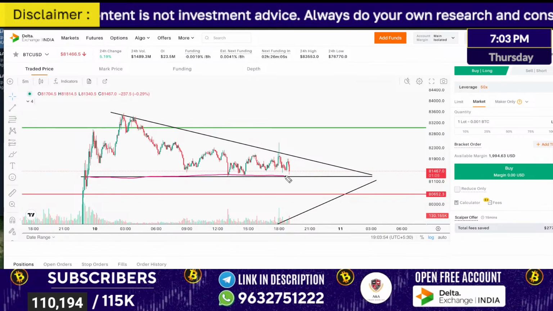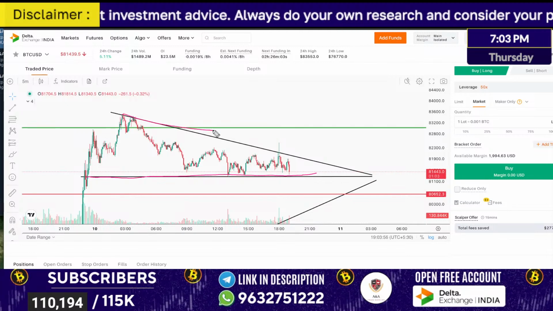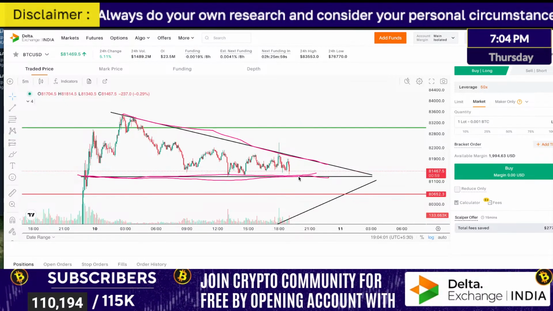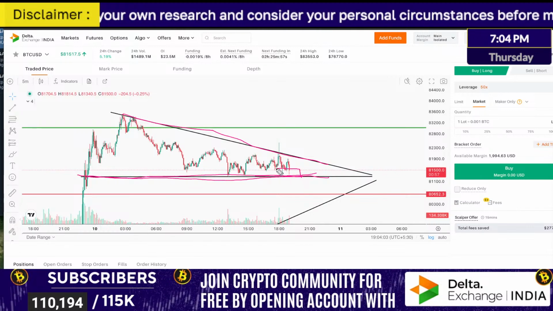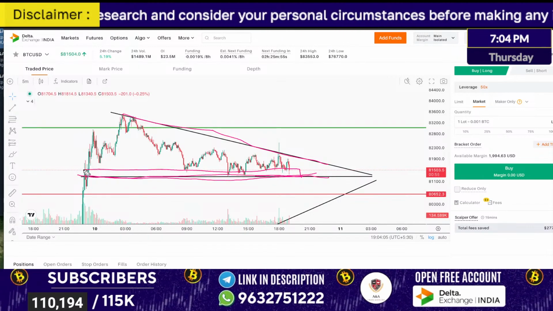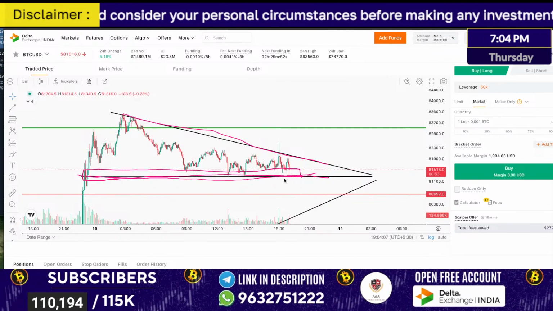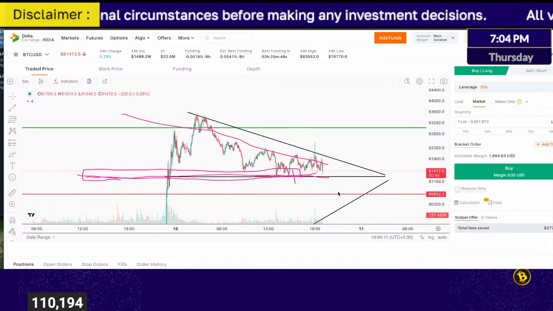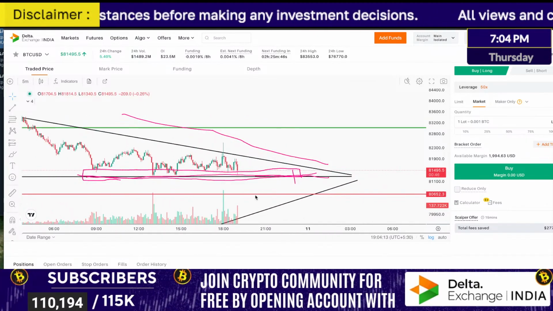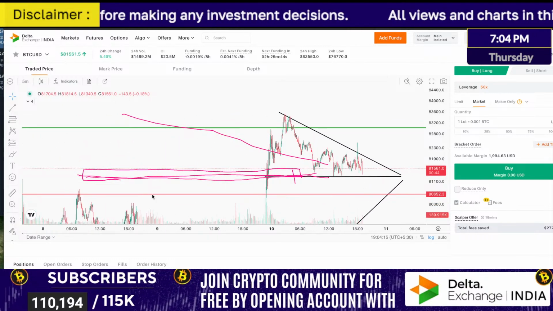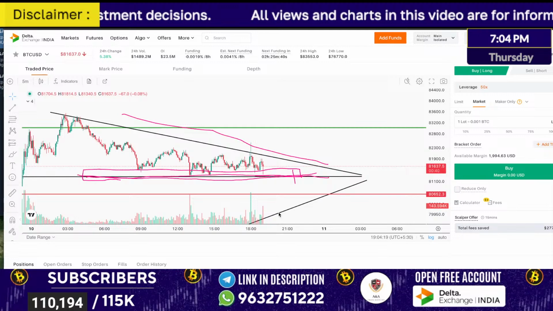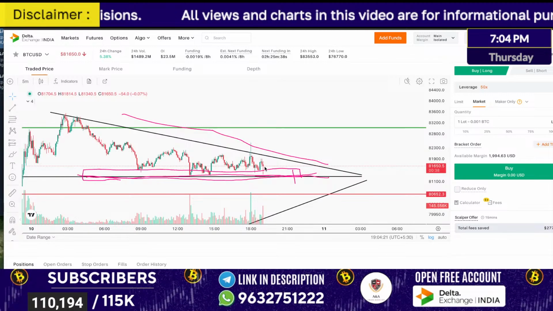Okay, continuously this area is acting as a support, right? This is acting as a resistance. This is not exactly this price, but this zone, you can see it is acting as a supporting zone. So if the market, let's say, breaks this level also, next we have 2 important supporting areas. One is this zone, which is the previous resistance, and next we have this area. I don't think the market will come up to this zone. It might try to